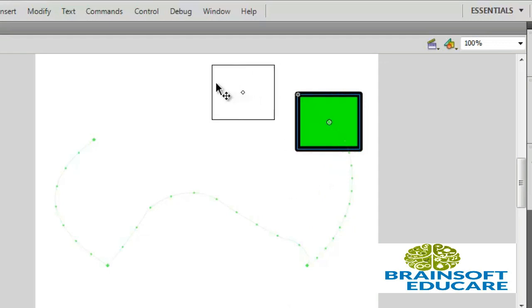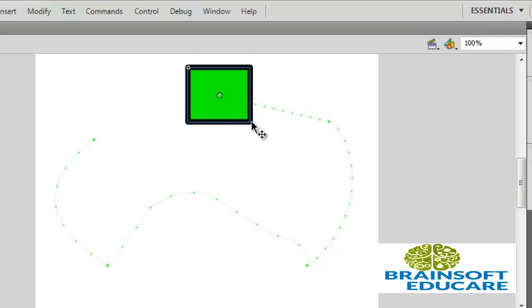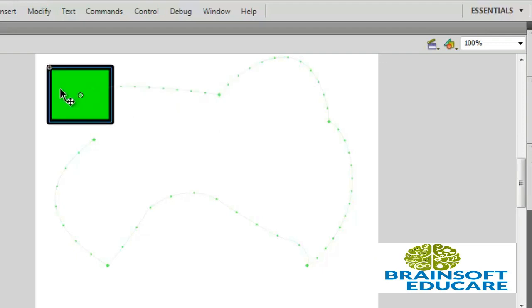Select frame and change the position. And on the last frame, like this. Okay, and you can change the property also,